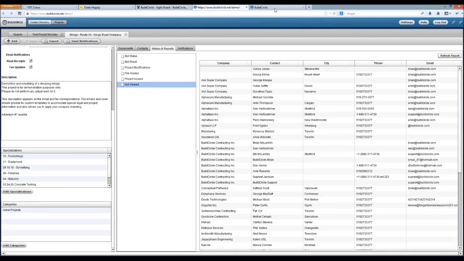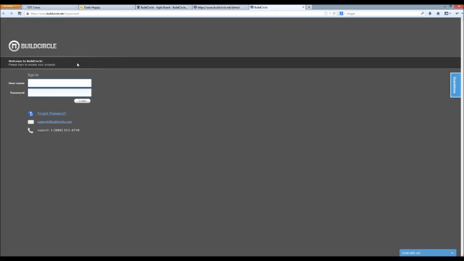Yeah, and it's taken a lot of time to get it to this point, but so do you want me to hop into the subcontractor side? Sure. So the subcontractors log into a simpler portal because it needs to be simpler. Absolutely. So if I log in here, well, let me,